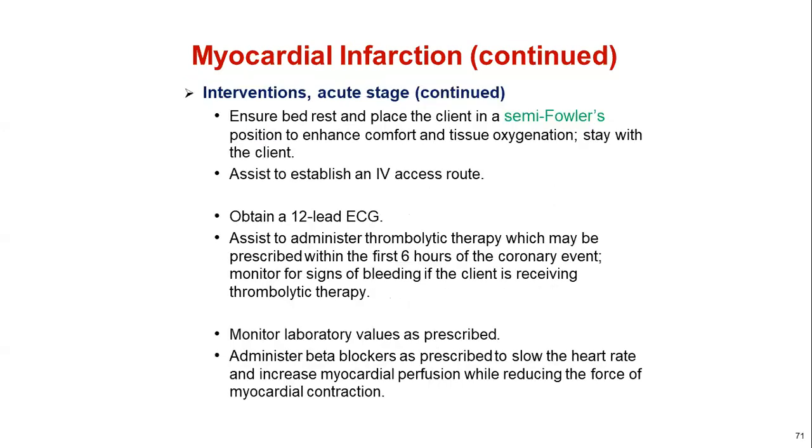What else? I said the patient position is high Fowler's or semi-Fowler's. We have to establish an IV access route, 12-lead EKG, or administer thrombolytic therapy as prescribed, or monitor the laboratory values,